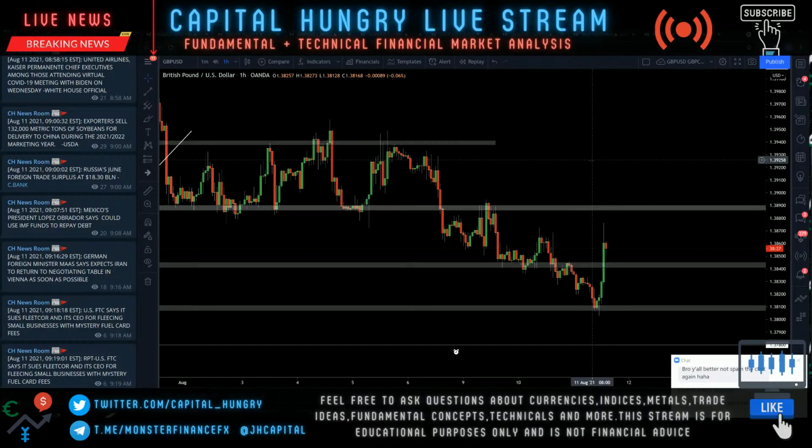Even though it's the secondary in the currency quote, why did the US dollar have more power than the British pound in terms of its movement? How come whenever there's something individually impacting the dollar,